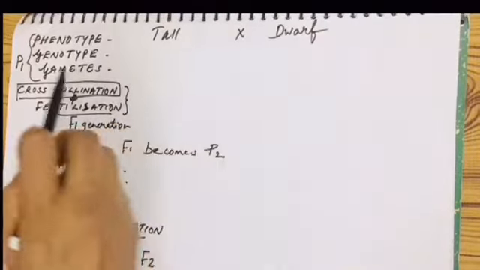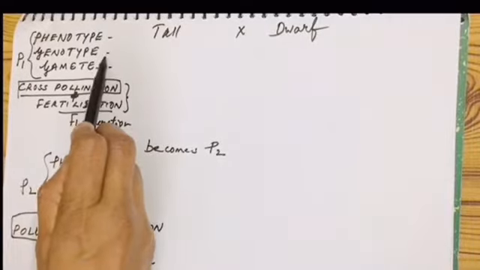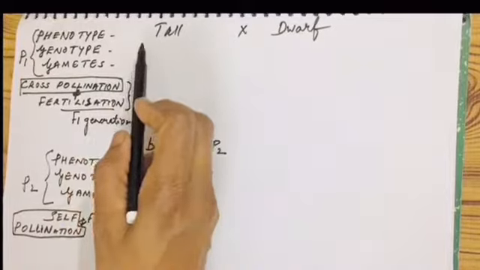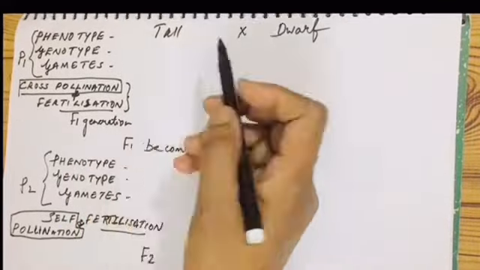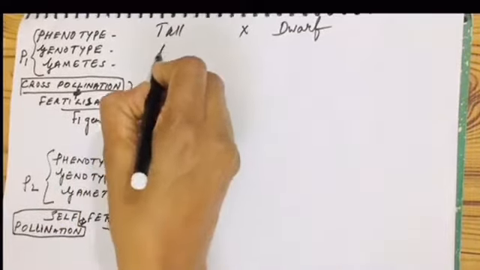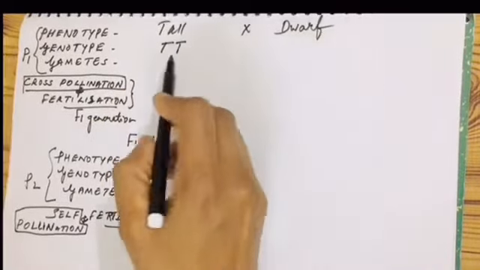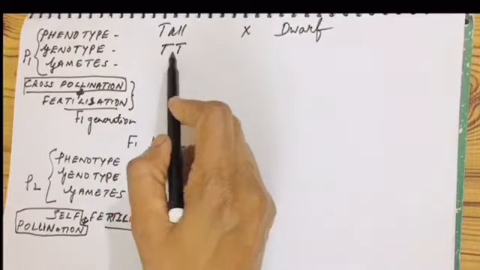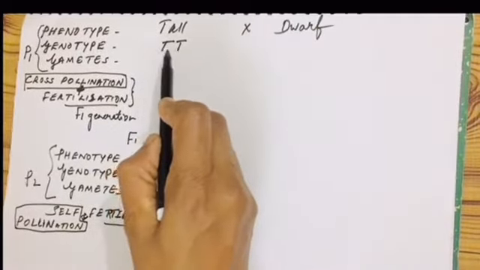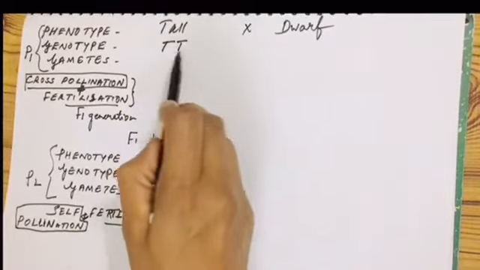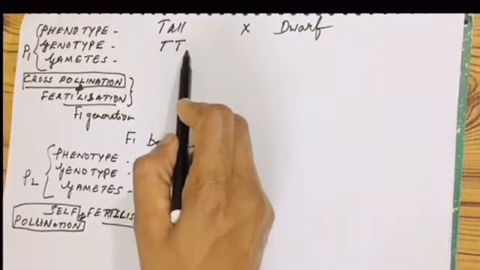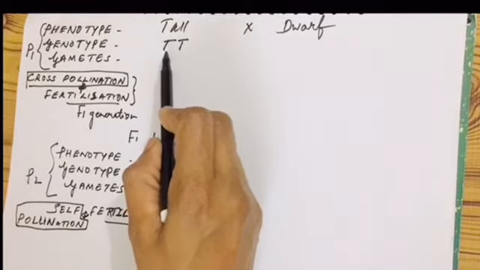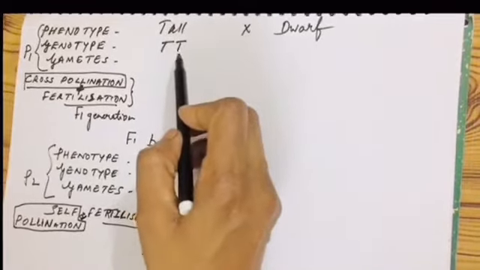What is the next step? You will write the genotype. Genotype is the genetic expression, how the factors or the alleles are for the phenotype tall: capital T, capital T. For a trait or a character, a pair of factors is needed. That is why you will write 2 times. Here we are taking the genotype homozygous version or pure line breed. What is the meaning of that? Both the alleles or the factors are dominant for the tall pea plant.